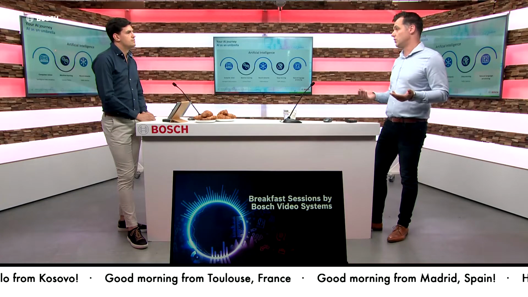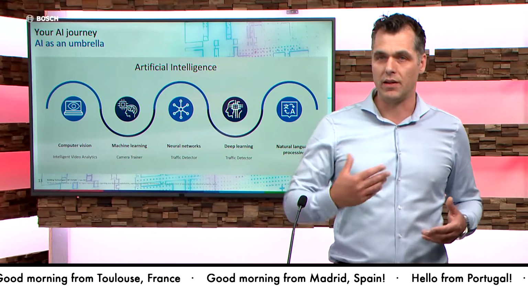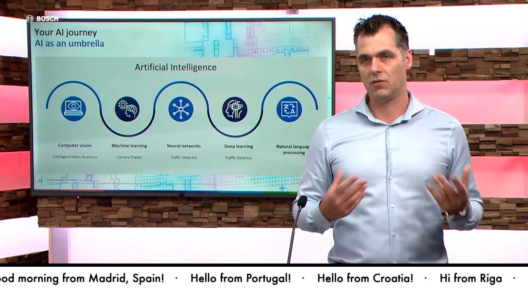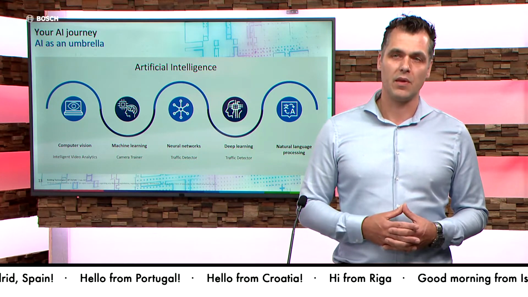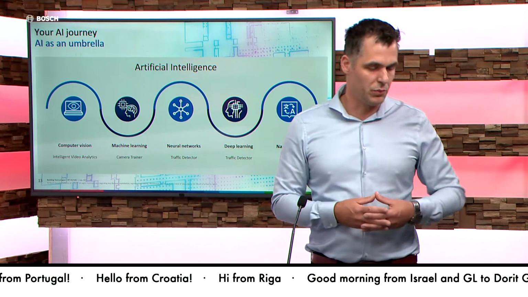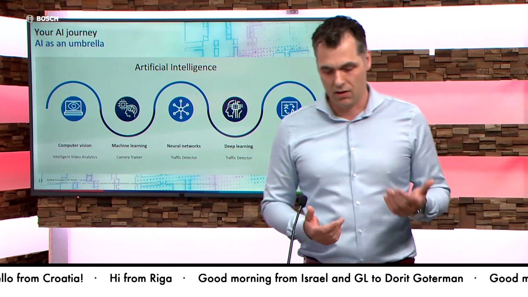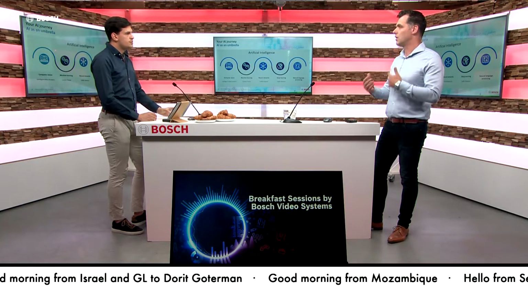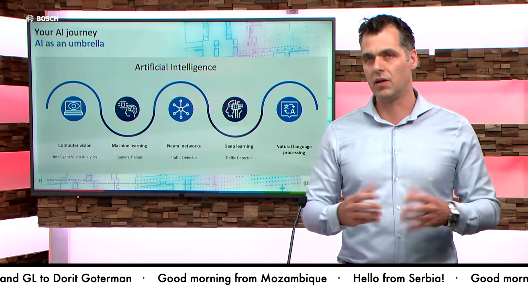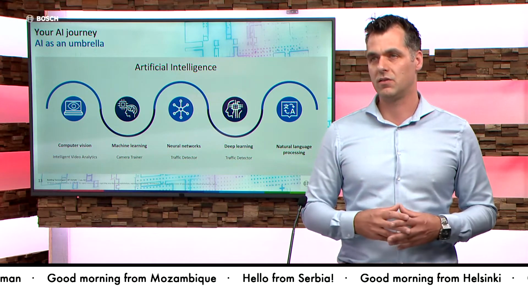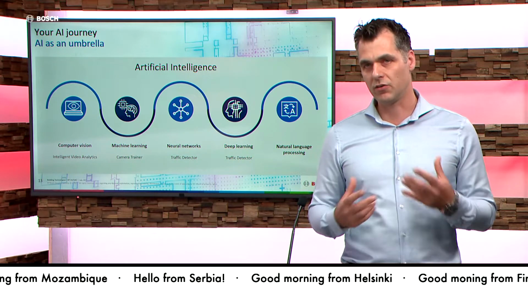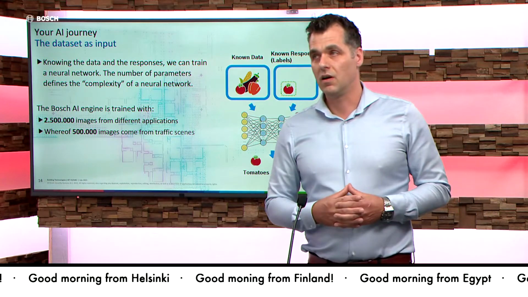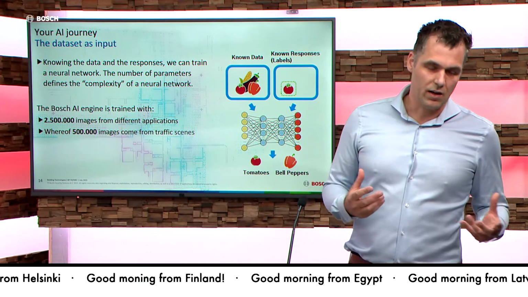Camera trainer is machine learning. That's also AI. So a neural network which we run in the traffic detector, but also with deep learning capabilities, that neural network is really what we do now with our traffic detector. And for example, natural language processing, that's also AI. So a lot of different parts you can already quickly put under an AI umbrella, so to say. It's a technology umbrella. So that's one thing first to understand.